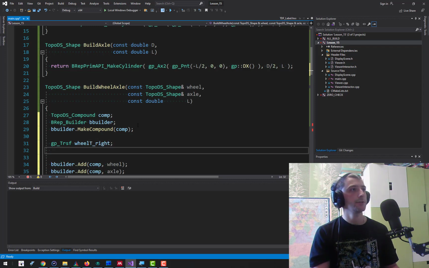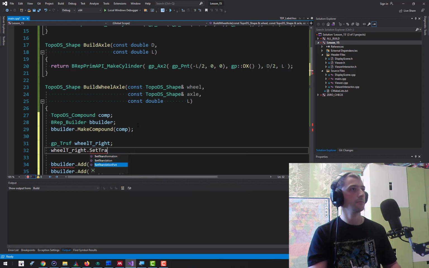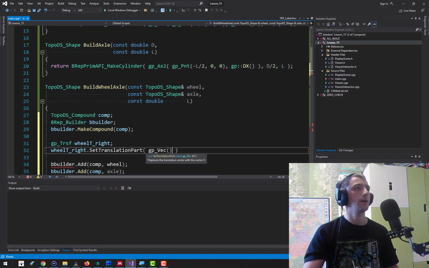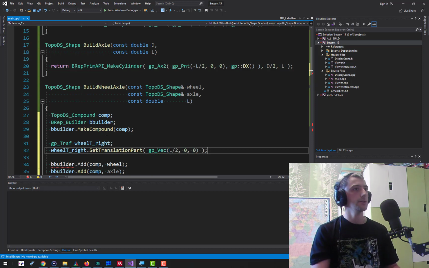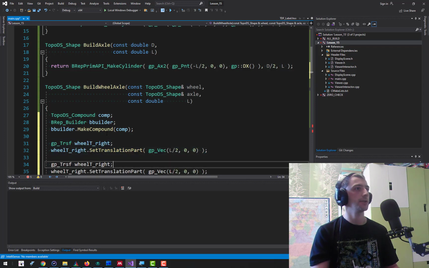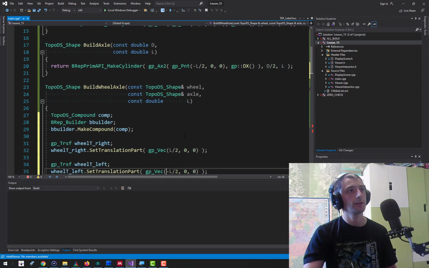I can declare this transformation as a pure translation, so that I can go like set translation part, and here I define a vector of translation, which is going to be gp_Vec, and then I am going to move my wheel along the x-axis by L divided by 2. And I'm going to take the same sort of transformation for my left wheel. The only difference here is that I'm going to take it in the negative direction with respect to the